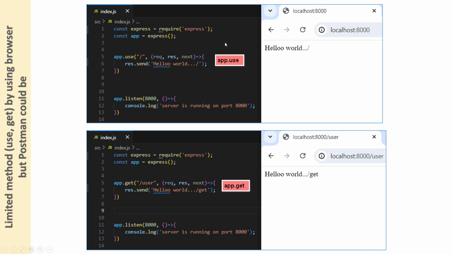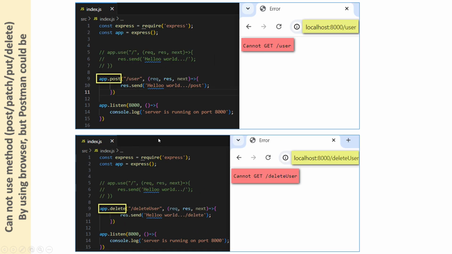This is the back end, this is the front end. Okay, if you use this one, use all the methods from the front end, we can access this. But if you use get on the front end by using a browser, we can use it, but except for get, we cannot.